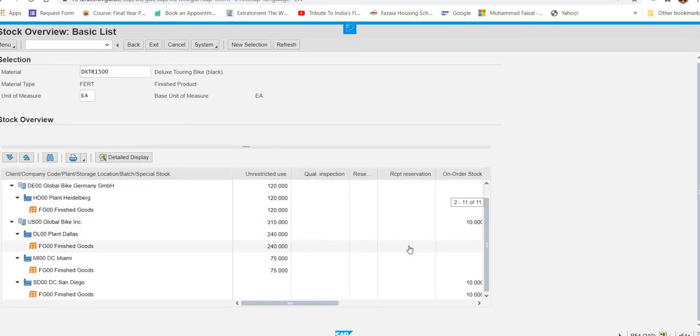Now you can see the scenario here. This thing was previously not there, now it is there. So this entry actually shows that some changes have happened, right? The material document number has been created. So let's go out from here.